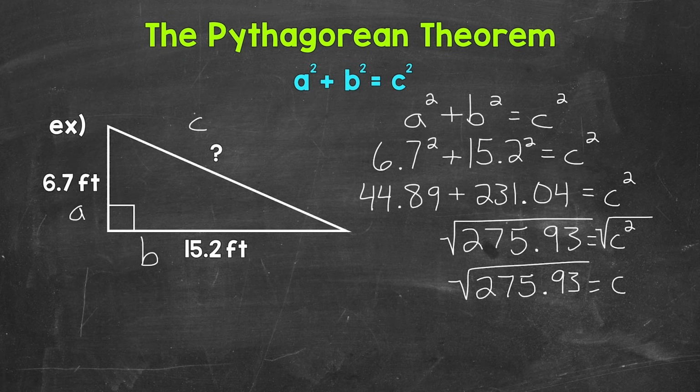Now we can write that square root as an approximate rounded decimal. The square root of 275 and 93 hundredths is irrational. The decimal never stops and it doesn't repeat. So again, let's round it. Since the side lengths of the right triangle go to the tenths place, let's round this decimal to the tenths place. So the square root of 275 and 93 hundredths is 16.61